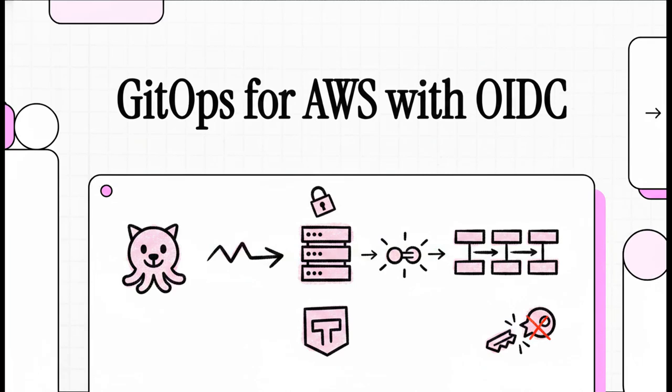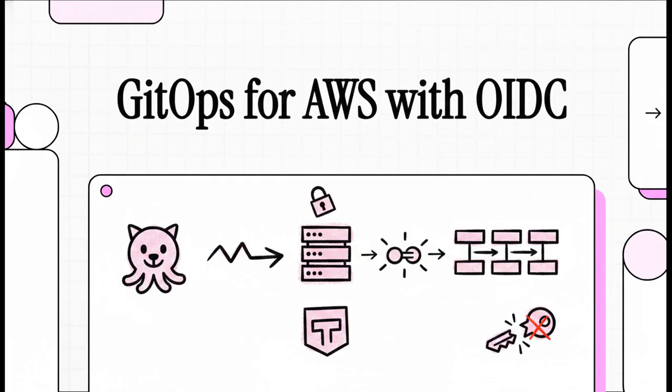Welcome to today's Explainer. If you're looking to modernize your infrastructure deployment pipelines, and let's be real, who isn't, you're in exactly the right place. Today, we're unpacking a really robust, production-ready GitOps foundation for provisioning AWS infrastructure. We'll be using Terraform and GitHub Actions. And the best part, we're going to see exactly how to secure your delivery without ever relying on